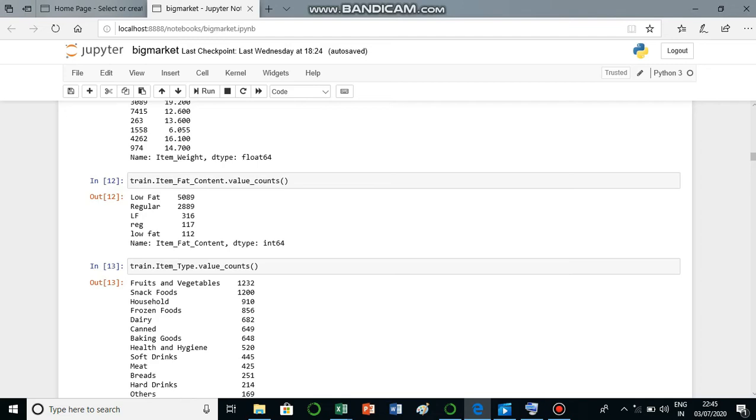I have made use of count methods to see the number of elements in each section.